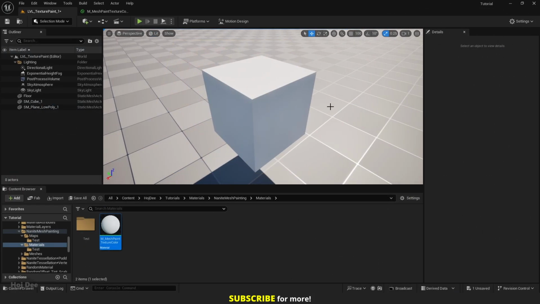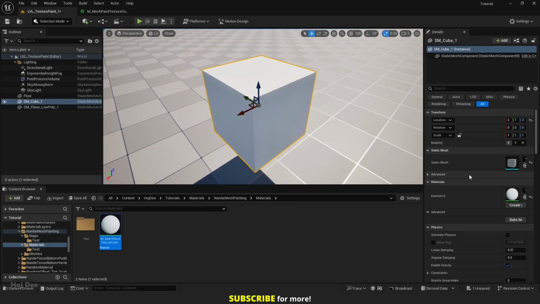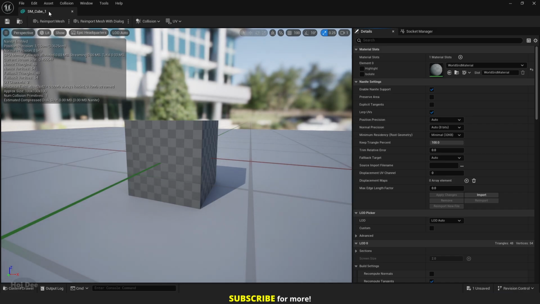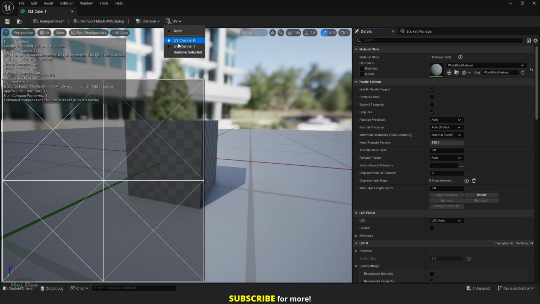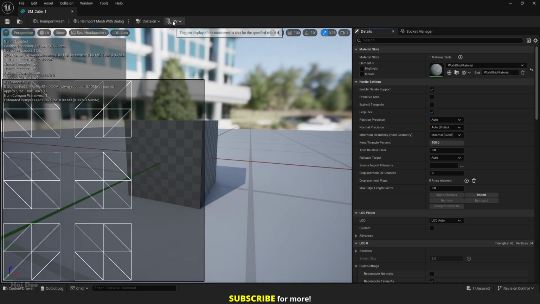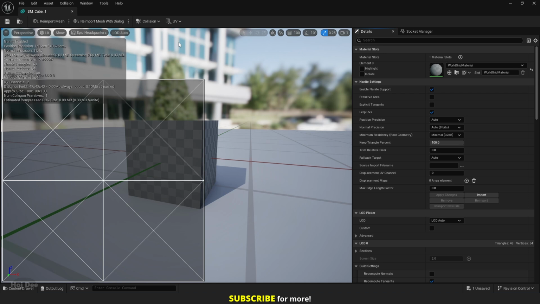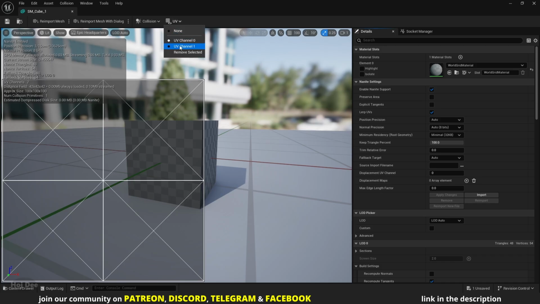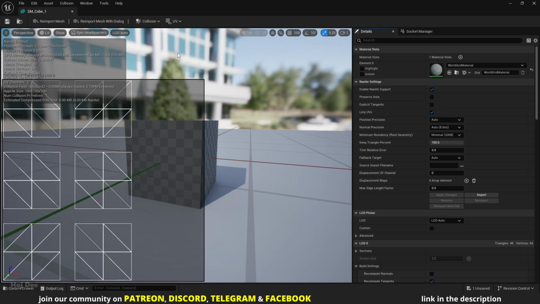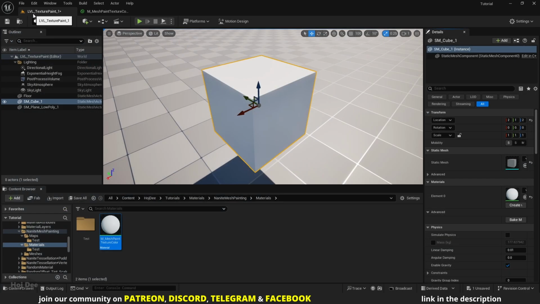In the case of this cube, we should use UV channel 1 to paint on. Let's open it. And here's UV channel 0 and here's UV channel 1. As you can see, in UV channel 0 we have overlapping UVs, and that's not good because we're using the UV channels to paint on it. But in UV channel 1 we don't have that issue, so that's why we should use UV channel 1. Let's close it